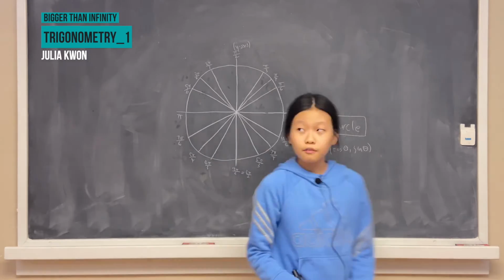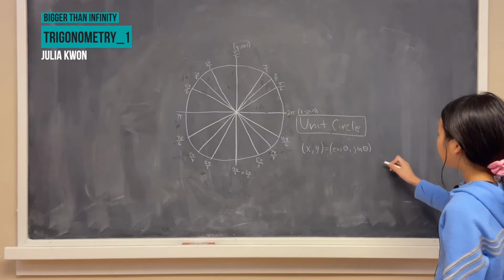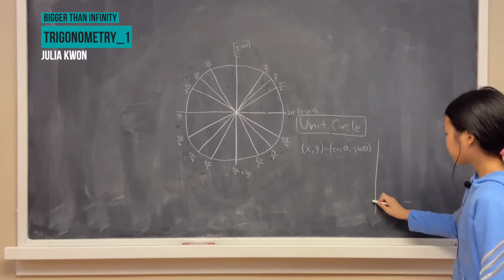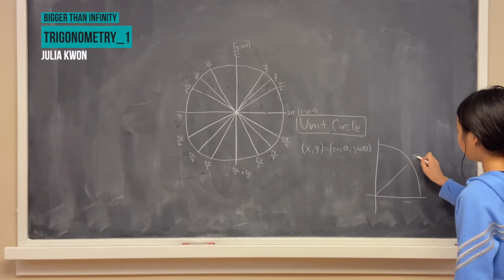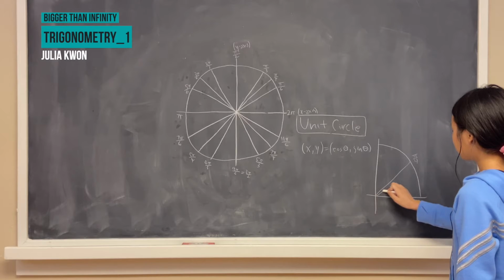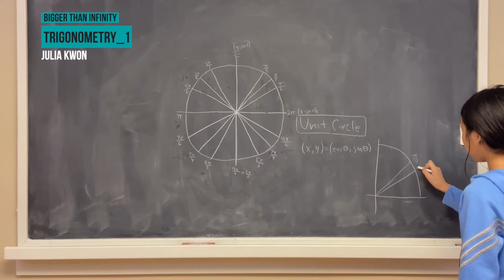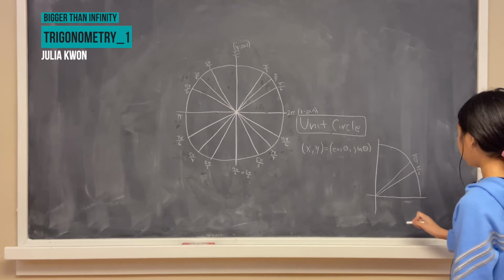So if I draw the first quadrant here, we would have pi over 4 here, pi over 6 here,